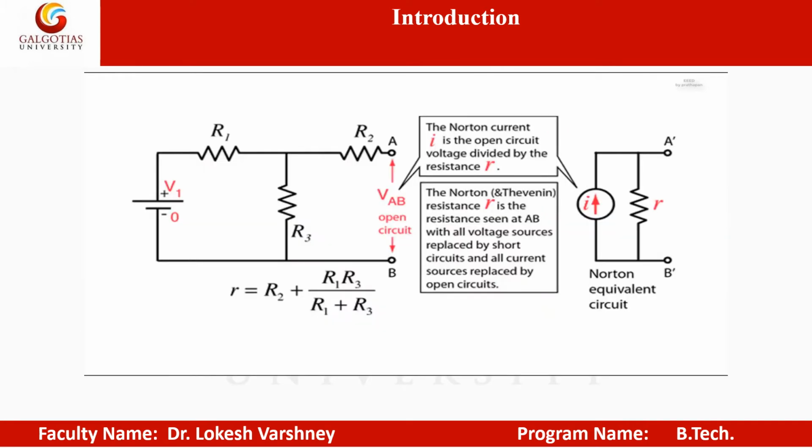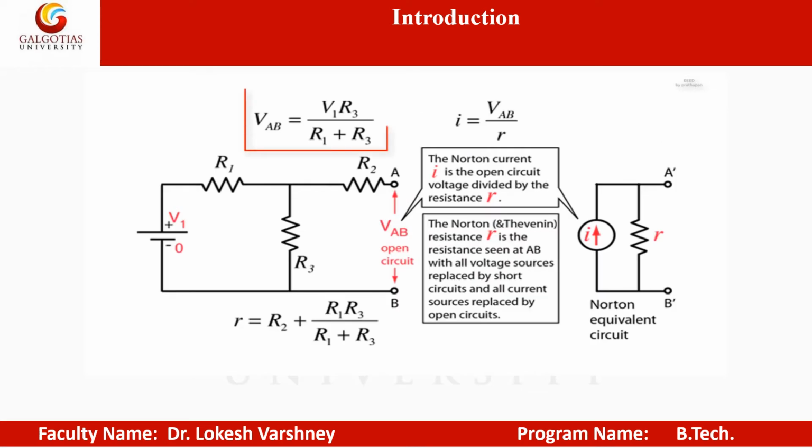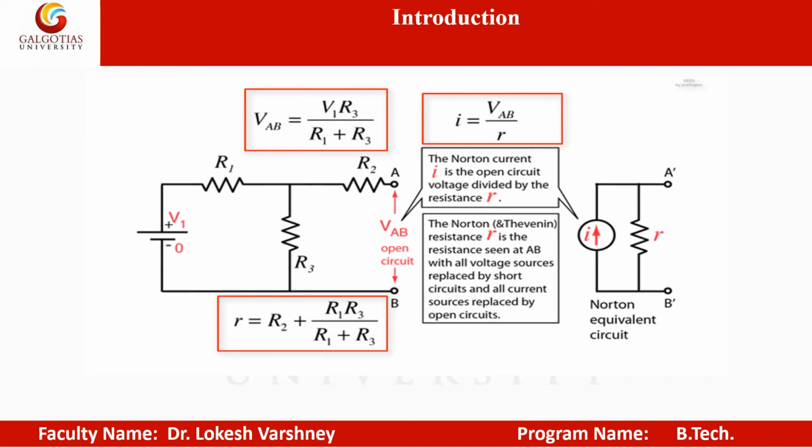Norton's theorem: any collection of batteries and resistances with two terminals is electrically equivalent to an ideal current source I in parallel with a single resistor R. The value of R is the same as that in the Thevenin equivalent, and the current I can be found by dividing the open circuit voltage by R. The value I for the current used in Norton's theorem is found by determining the open circuit voltage at the terminals and dividing it by the Norton resistance R.